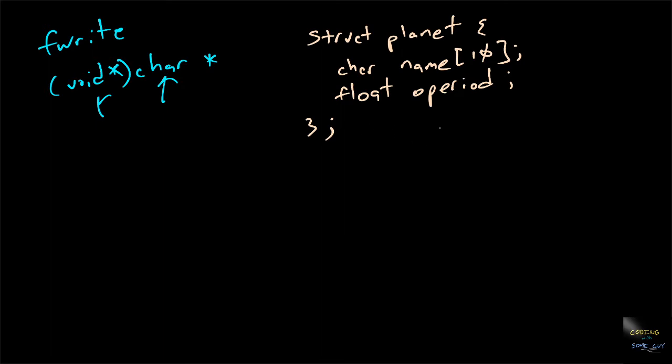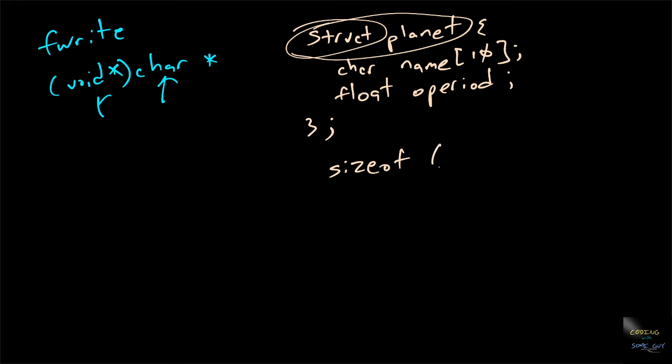The important thing we need to know here is that this has a definite size. This particular struct planet has a definite size, and what operator do we use to figure out what the compiler assigned it? Was that malloc? Well, malloc is when we were doing it dynamically, but how do we tell how big a type is? Oh, just sizeof. Exactly. So we can say sizeof and this thing. I remember this being a little confusing last time, that the memory it allocates was not what was intuitive. Yeah, that's exactly the setup.